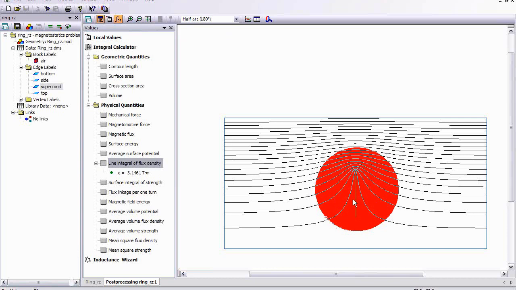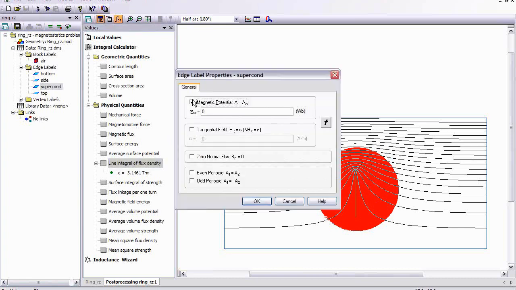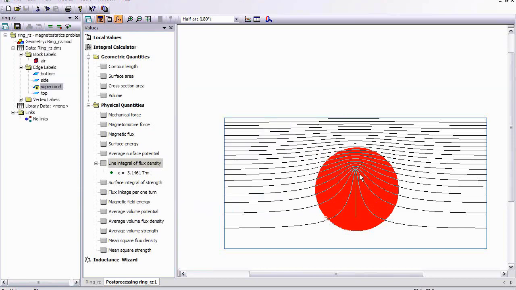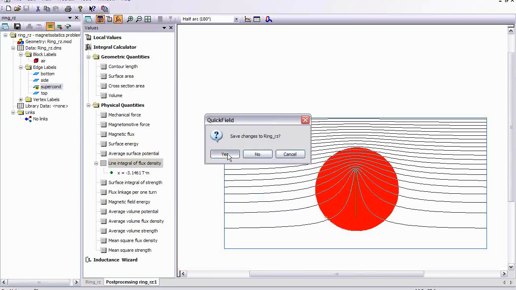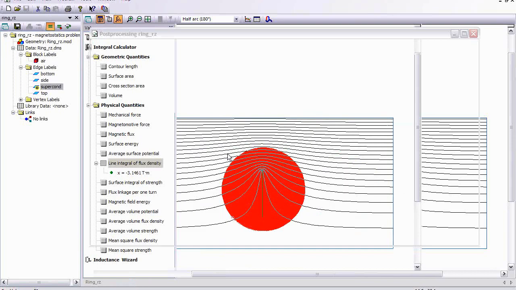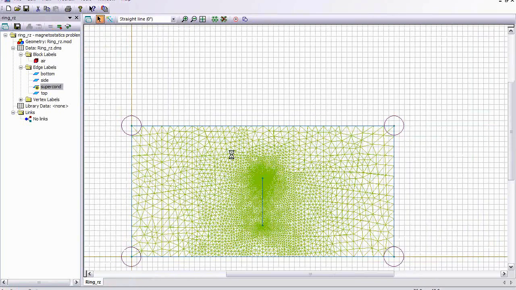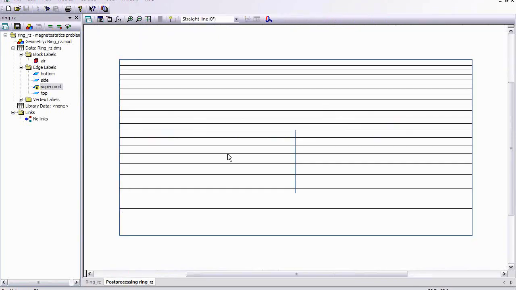Now that we can calculate the total screening current in our superconductor, in order to calculate the inductance, we need the applied flux. So what I'm going to do is turn the superconductor off. I'm just simply going to not specify any boundary condition on this ring, and I solve the problem once again. And you can see that